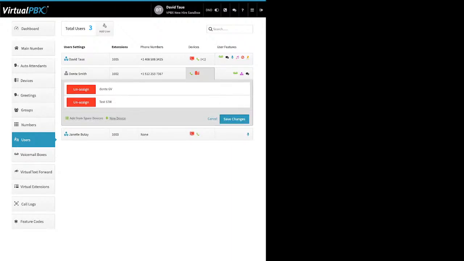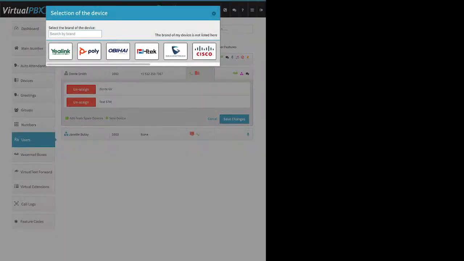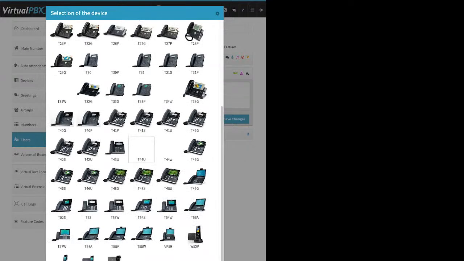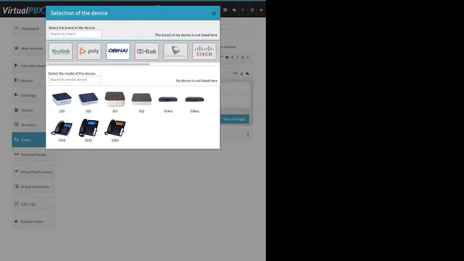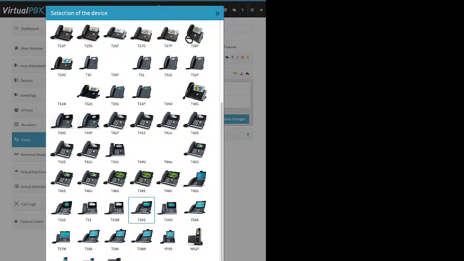Next up, we have the device box, add from new. First up is SIP phone. So you have these manufacturers to choose from, right? Some, like Yealink, have a lot of models to work with. Some only have like a dozen, right? So find the make and model of the phone you want to work with,